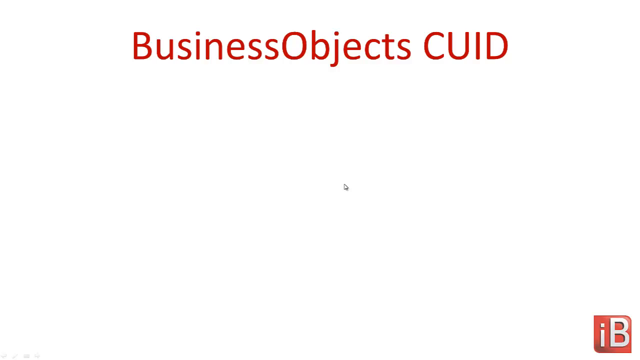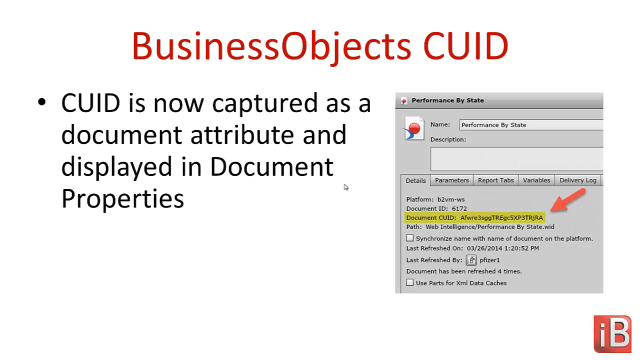The next change involves use of the BusinessObjects CUID, or Cluster Unique ID. When a report or document is cataloged in InfoBurst, we capture various bits of information about that report, including its name, its location, and the BusinessObjects document ID. Now, a few of our users manage BusinessObjects in such a way that when they move documents between, let's say, development and production, those